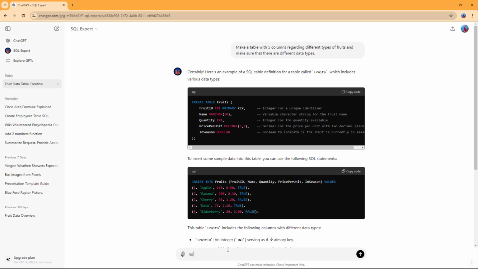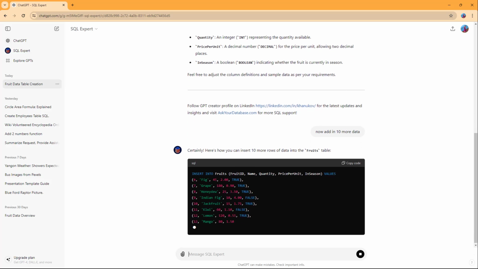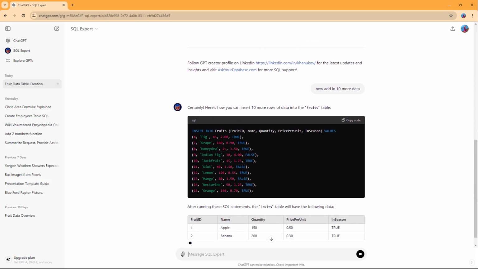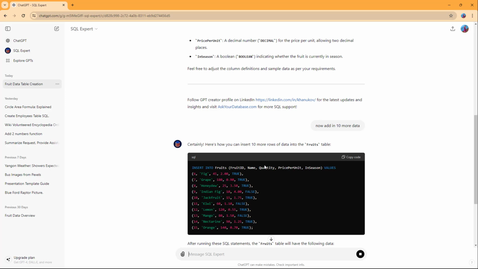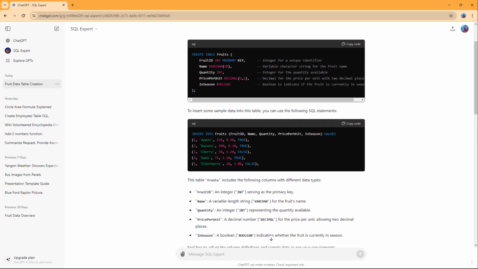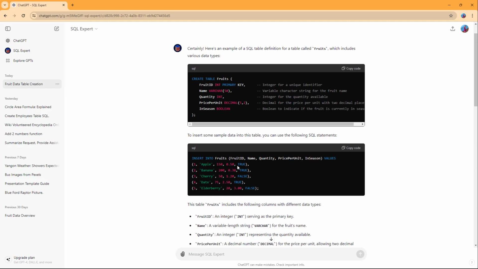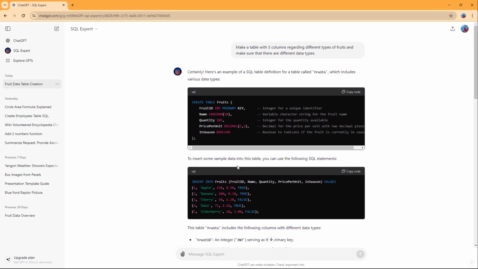So now add in 10 more data right here, just like this. If I were to do that, then you can see that it adds in from 6 right here, and now it says insert into fruits, and you got 10 more data over here as well. And it says after running these SQL statements, the fruits table will have the following data over here. So that is how you can utilize the SQL Expert to actually get out the